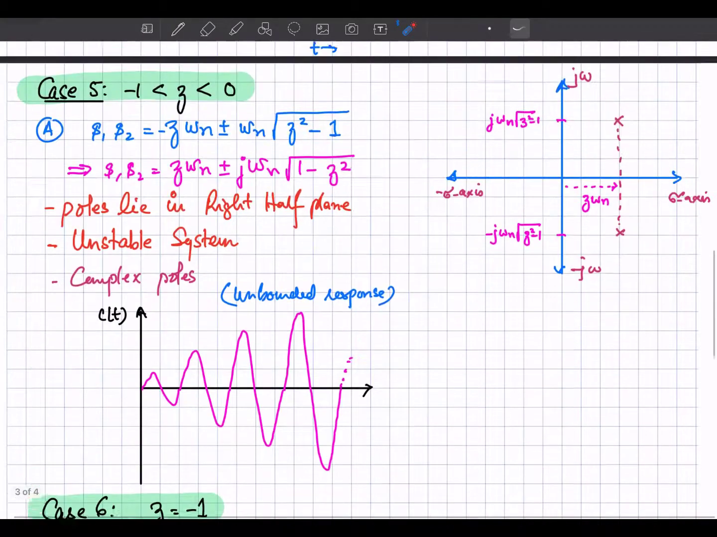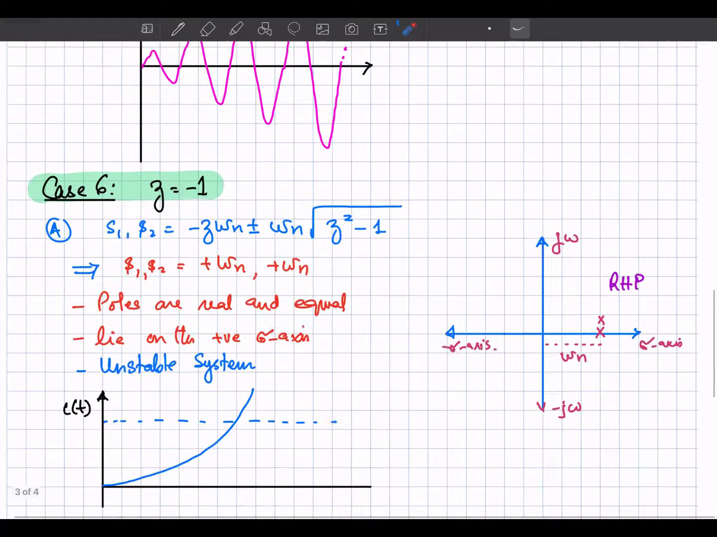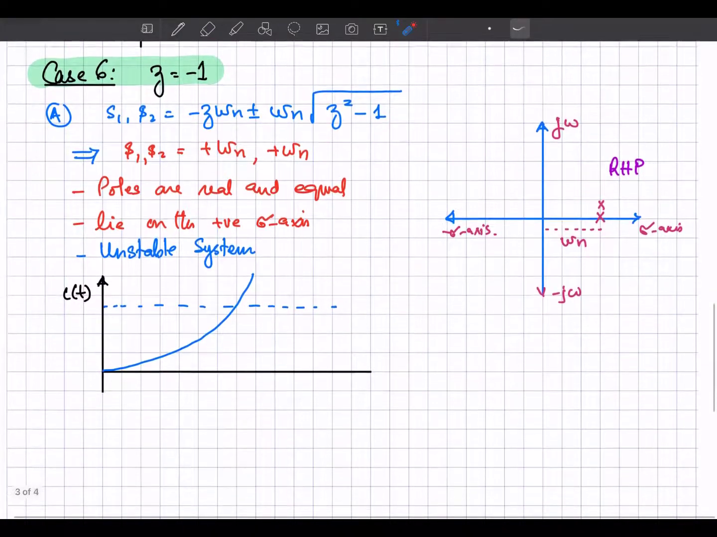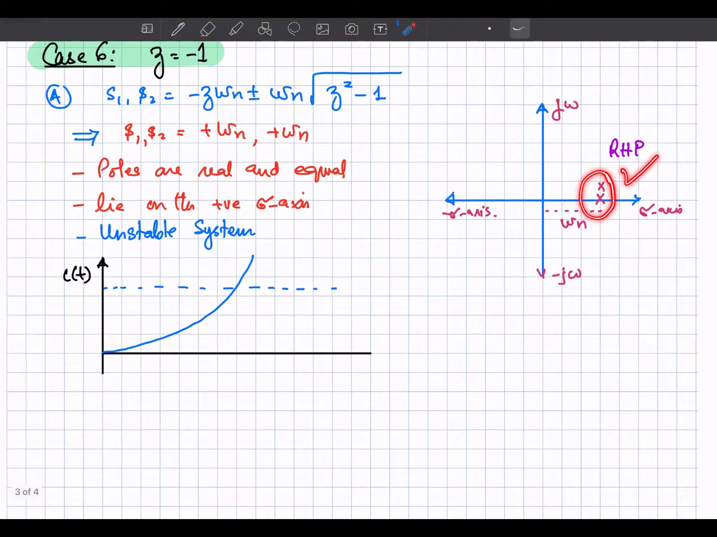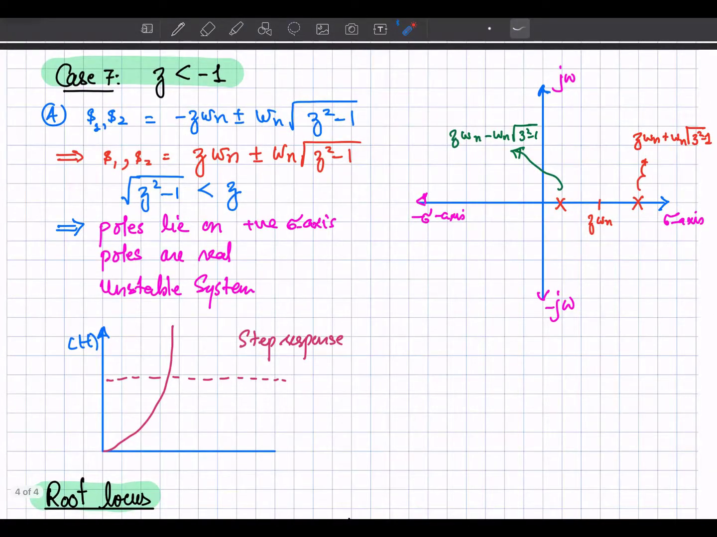And we have also seen over here that if the zeta is between -1 and 0, you have the poles over here. This is an unstable system. When the zeta is equal to -1, so your poles are in the right half plane, this is also an unstable system. Similarly, if the zeta is less than -1,